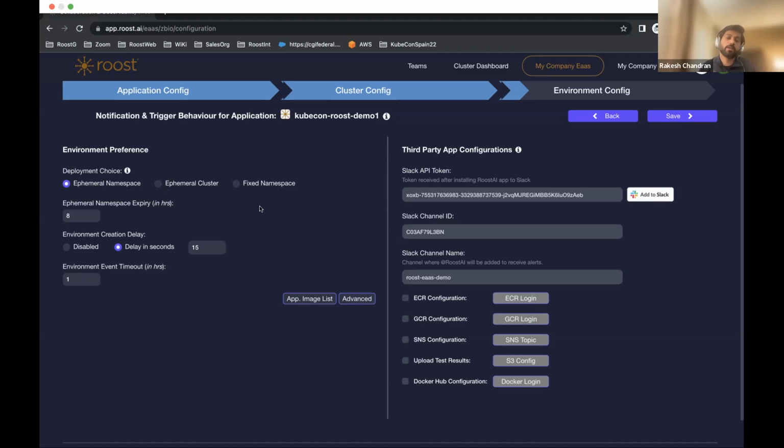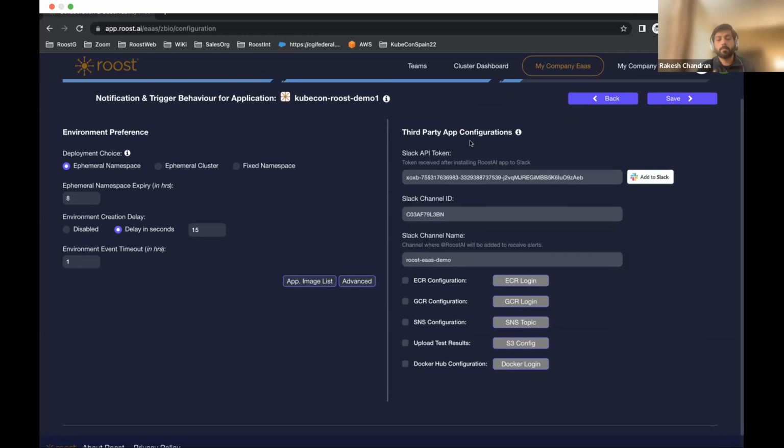So we provide granular control over your cluster, over your deployment, and how you define your infrastructure, right? All 3 aspects we provide in an ephemeral way, so that you don't have to worry about the static environment where there is a bottleneck in testing or in the changes being released to production in an accelerated manner.